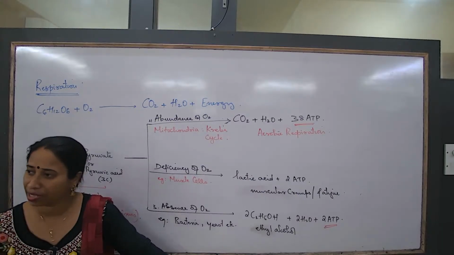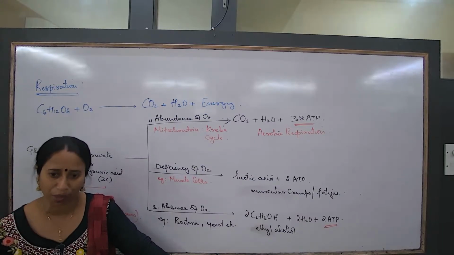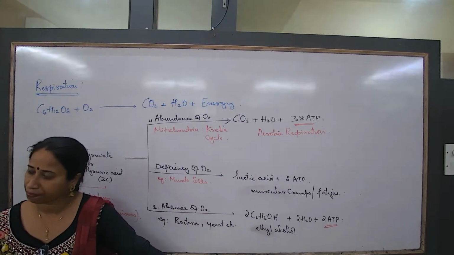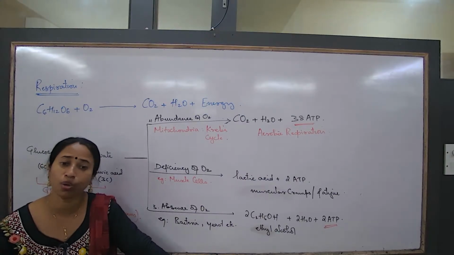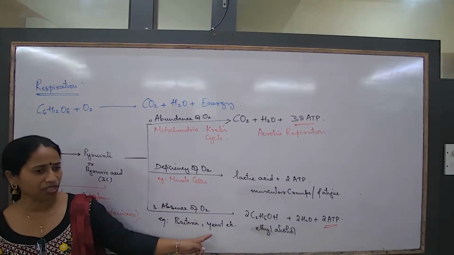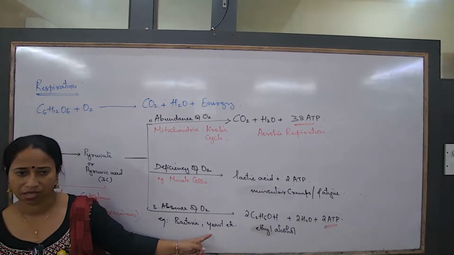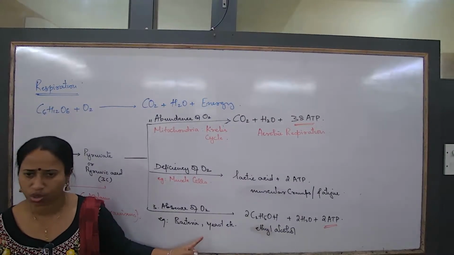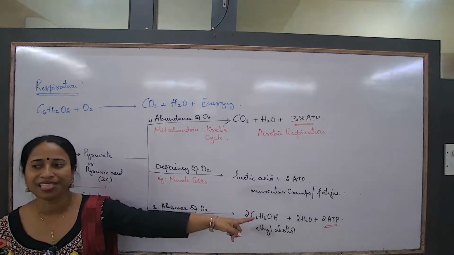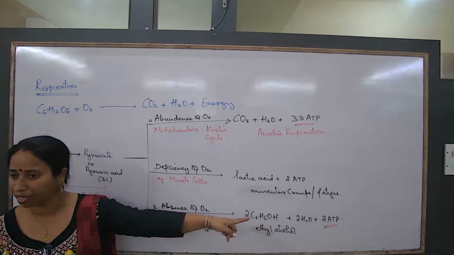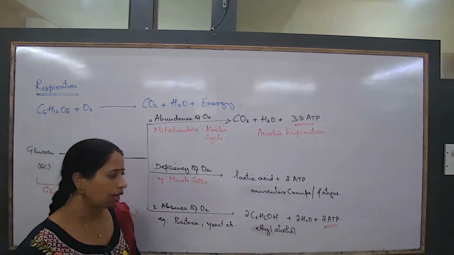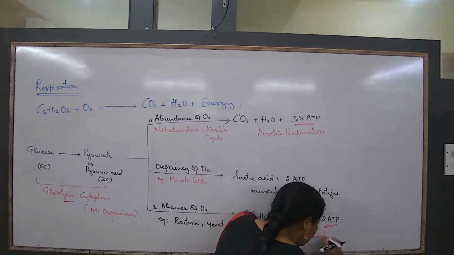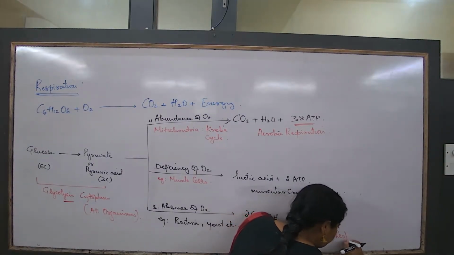Now that you are writing, now that I am talking, so much energy is required, right? Our cells require so much energy. Every now and then the energy demand is so high. But what about these organisms? They are not even moving much. The movement and the functions are so simple. So definitely they can easily manage with the 2 molecules of ATP per molecule of glucose. What is this process known as? This process is known as anaerobic respiration.